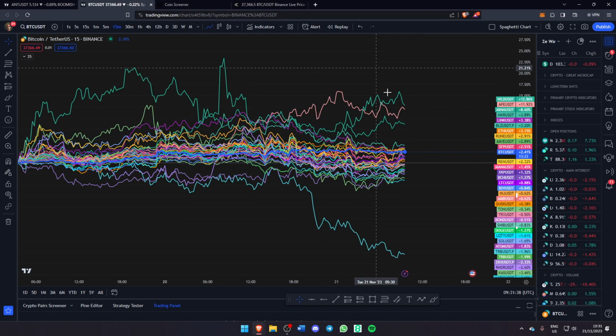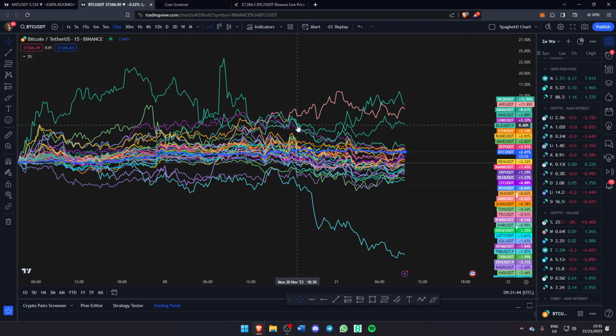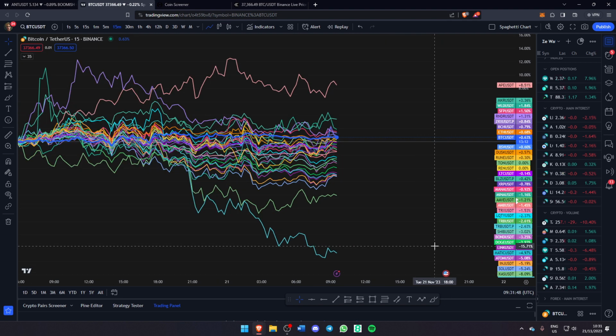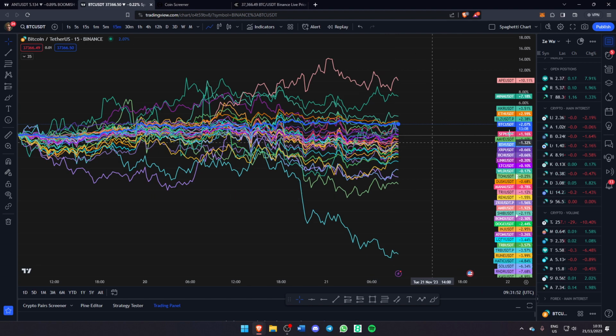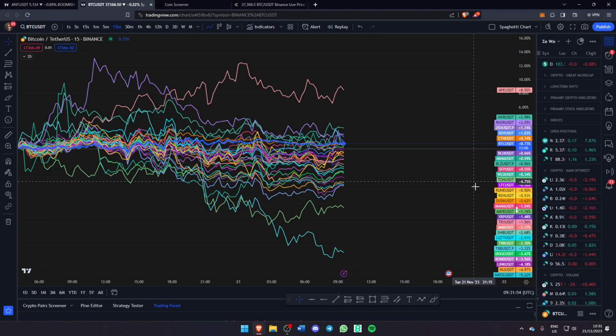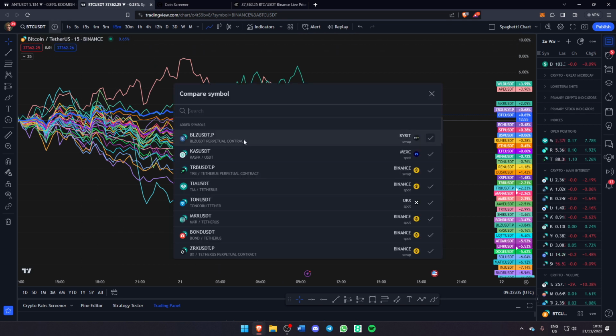What you're looking at is a list of coins, and I don't even have all my coins in here right now in the spaghetti chart. I still have to add even more, but these are the main ones that I tend to look at. So how you set it up is essentially you have Bitcoin, or whatever pair. I usually have Bitcoin as a center pair, which is the chart I'm actually on. And then you add more and more pairs through going up here,